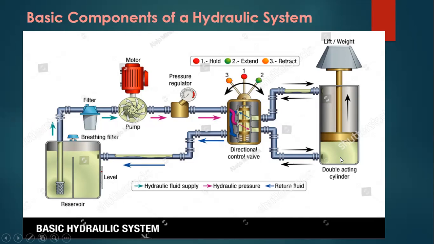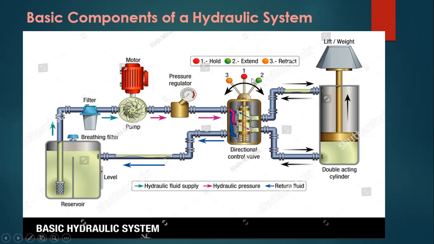Because this is an incompressible fluid, right? The reason why we have to take out the fluid is because liquids are incompressible, so you cannot have that liquid there and this weight will go down. No, you have to take out the liquid for this weight to come down or go up, for that matter. So for both the actions, for it to go up or down, you have to have the exchange of liquid, that pressurized liquid. So this directional control valve will control it.